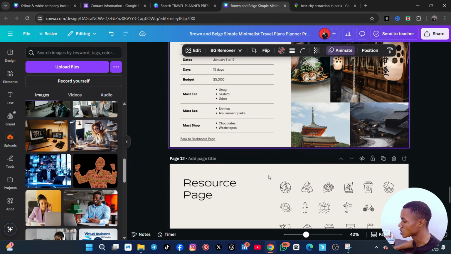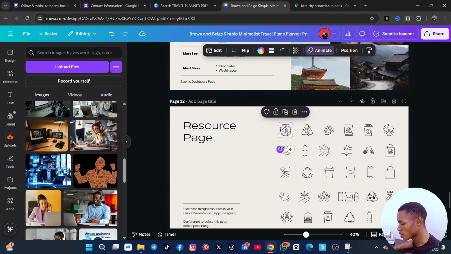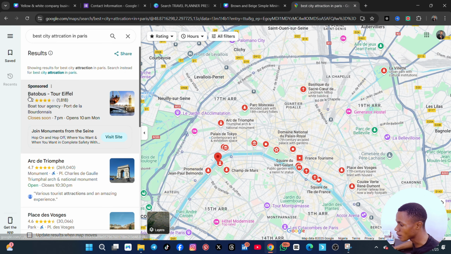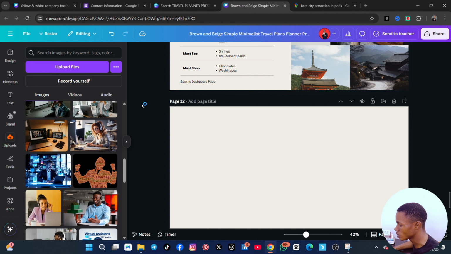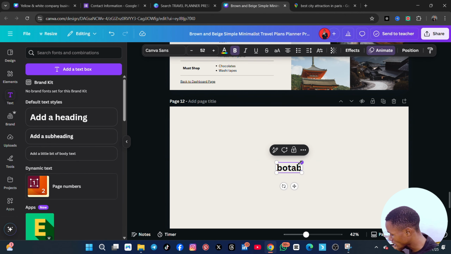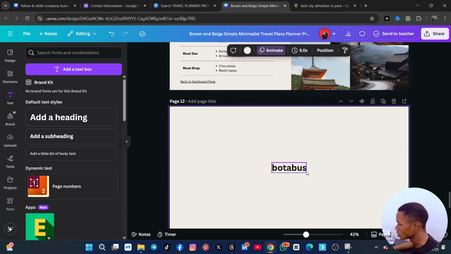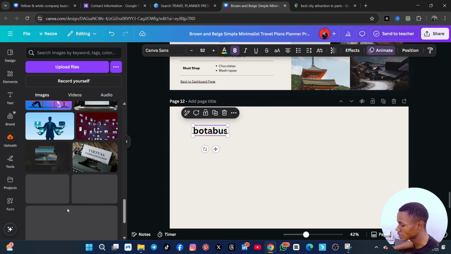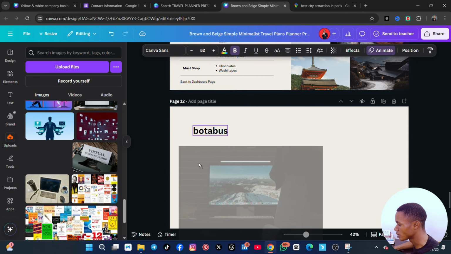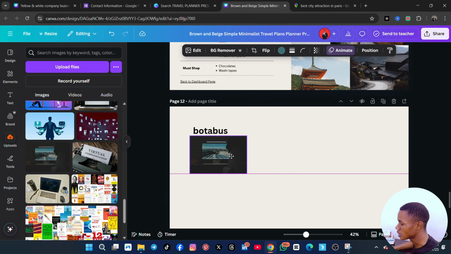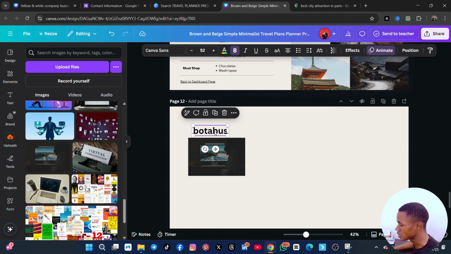to your slide, let's say you want to arrange that one here, you can now delete all of these ones. And then let's say the one you see there on Google Map is Bota Bus. So the next thing to do is to come and bring a text, and you have to get Bota Bus, for example, and put it here. Then the picture you download from there, let's say this is the picture of that place, you can bring the picture here, reduce it like this, and then keep it here. Then of course you are going to duplicate this, and then put